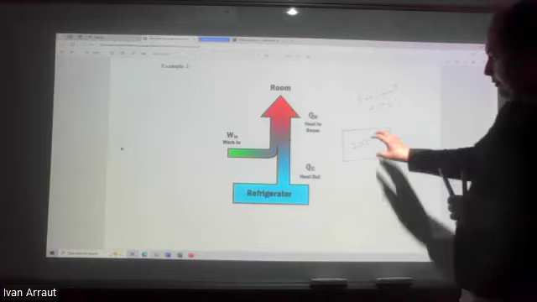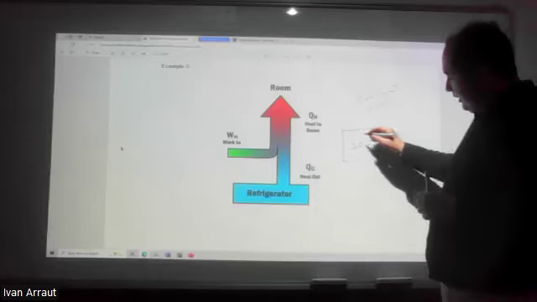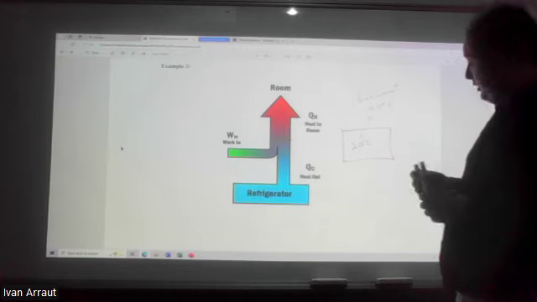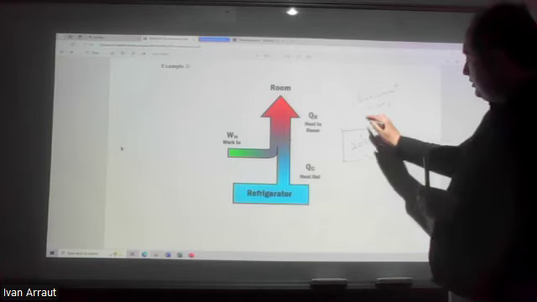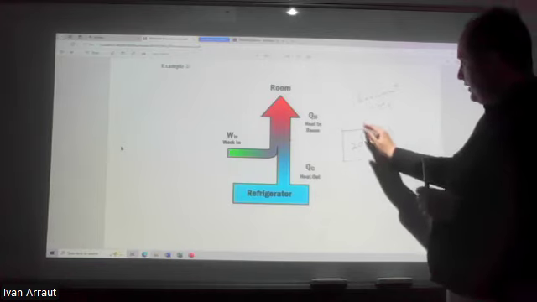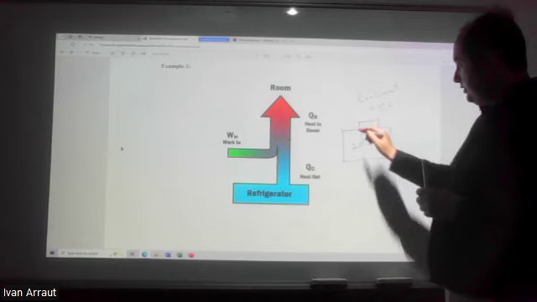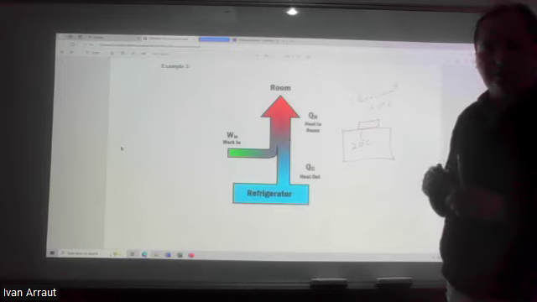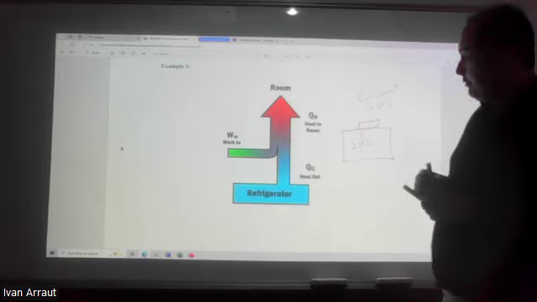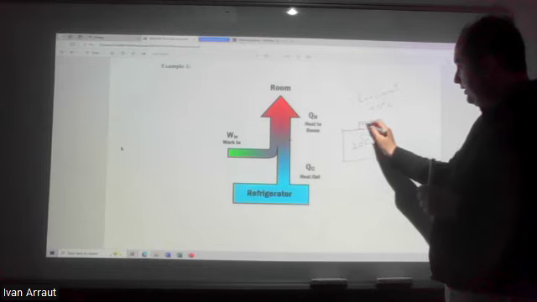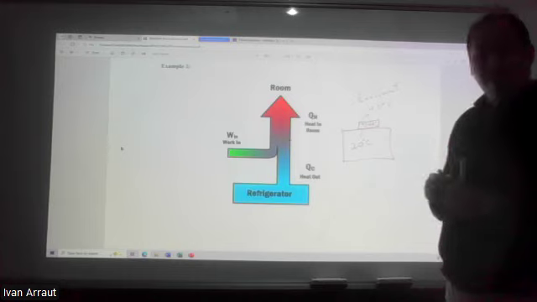But then I want to keep this room cold. So I need to extract heat. I need to throw it outside. So I design a thermodynamic cycle. For that thermodynamic cycle, I need to put some chamber here. The name of the chamber is irrelevant. Let's call it chamber A. This chamber will have a temperature larger than 40, such that it can throw the heat there.